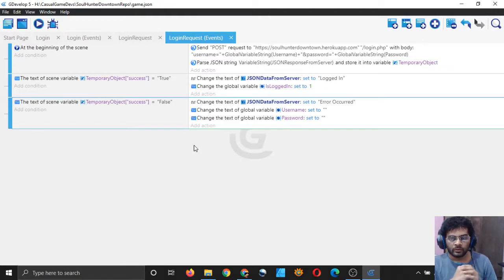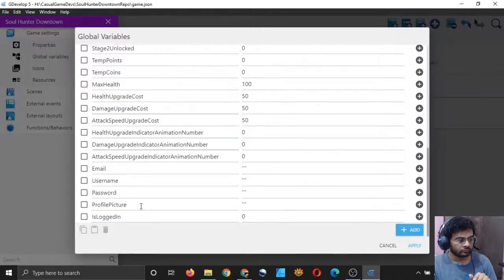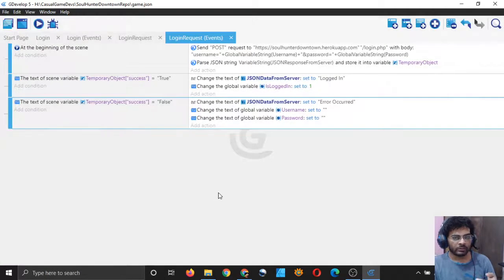I was also thinking of one more thing: we have a profile picture field here, but we are not fetching any profile picture from the server, which we want to do. So we want a profile picture variable also. We want that value.